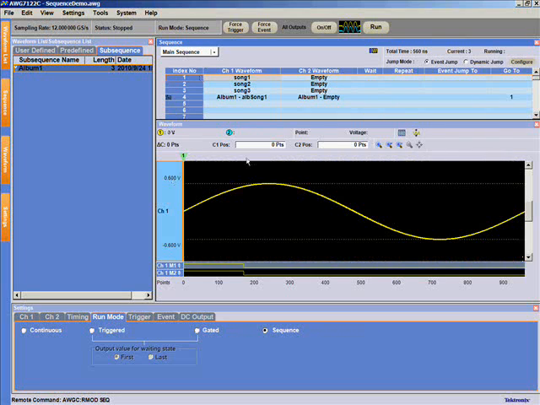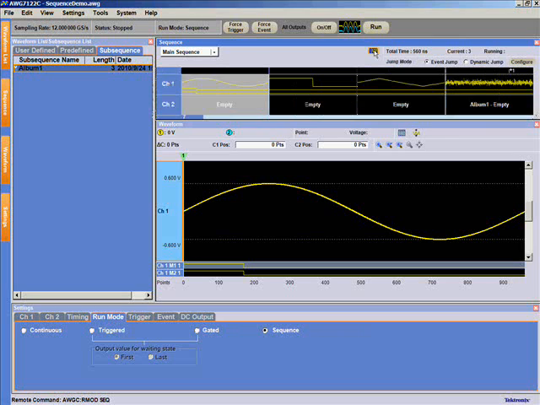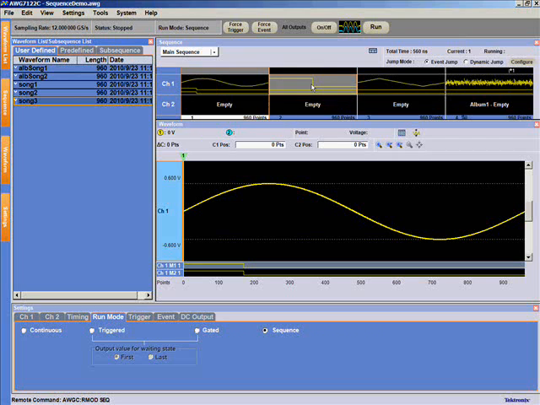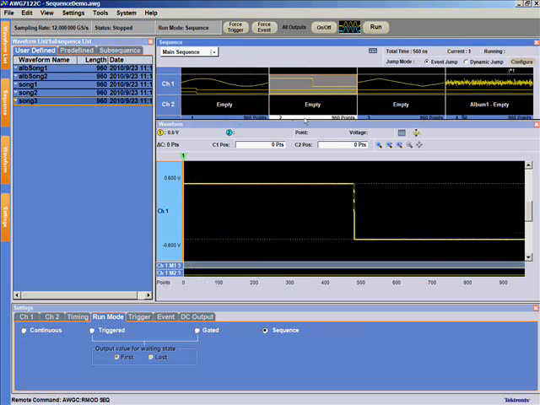Not only can we display it in tabular format, but we can also display it in a graphical format. So now you can actually see what the waveforms are going to look like. So in this case, the first waveform is a sine wave. If we go back to user defined, this song 1 is a sine wave. The second one is a square wave. And you can see